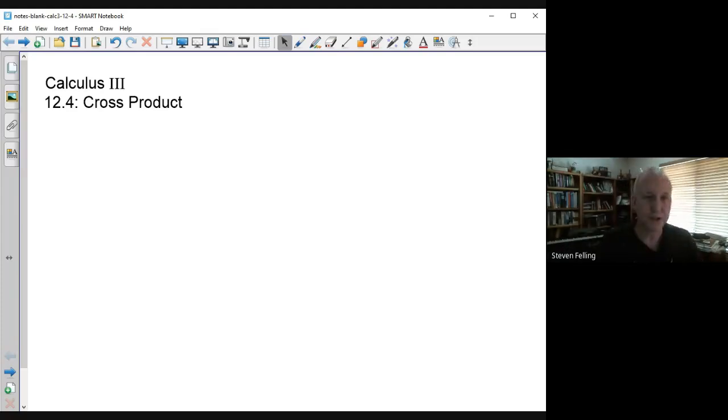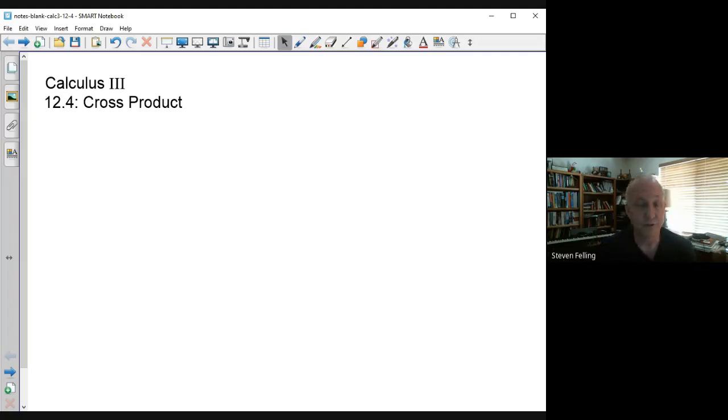Okay, this will be the lesson for 12.4, which is again going to be a multi-day lesson. So this could apply for multiple days. I think I have a minimum of 2 days, maybe 3 in the schedule for this. But in section 12.4 for Calc 3, we're going to talk about the cross product, which is the other way